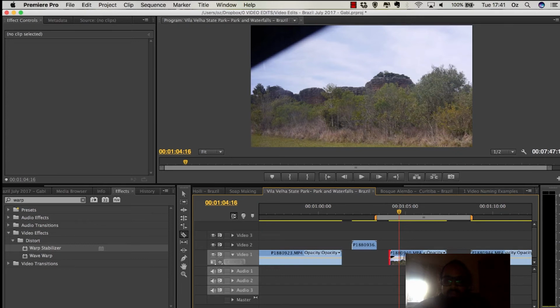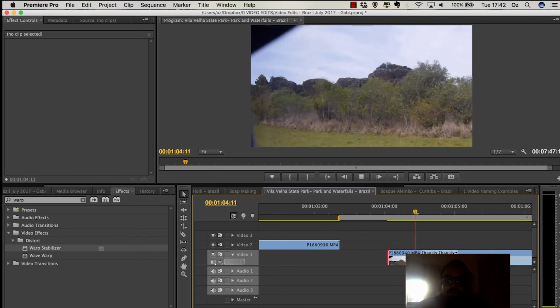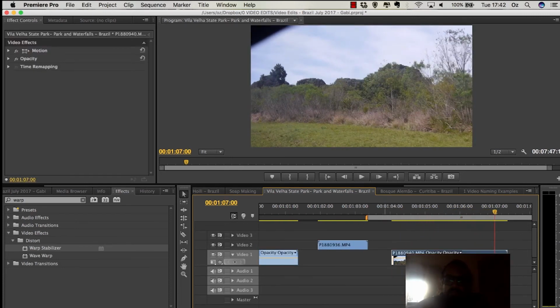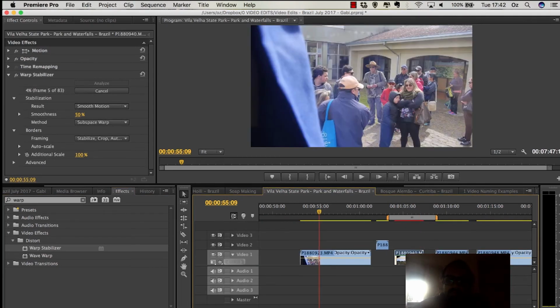Okay, the space bar is to keep moving, and the V on the keyboard gives you the selection tool to drag it like this. So for example, doing this. Okay, this is one shot we have. And again we will put a warp stabilizer on this as well because it's shaking, and as you can see, this one